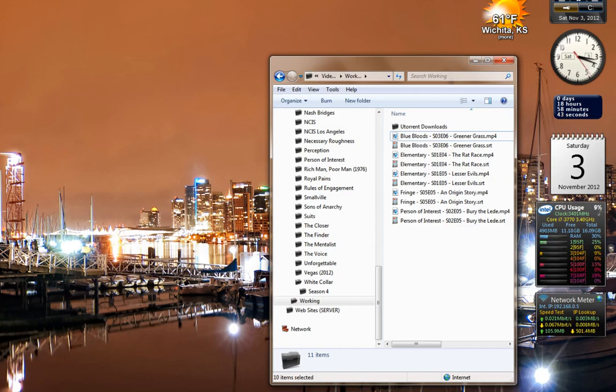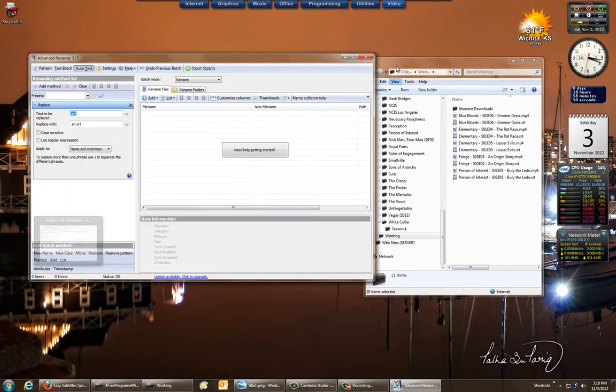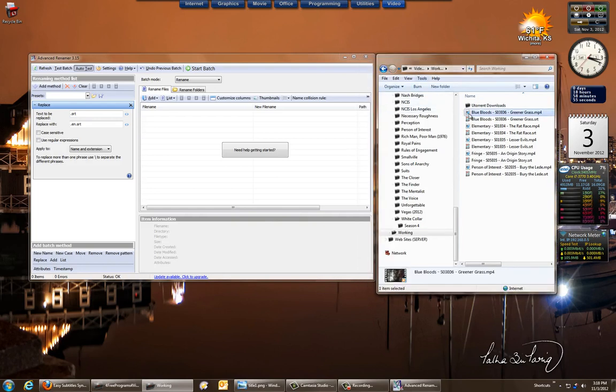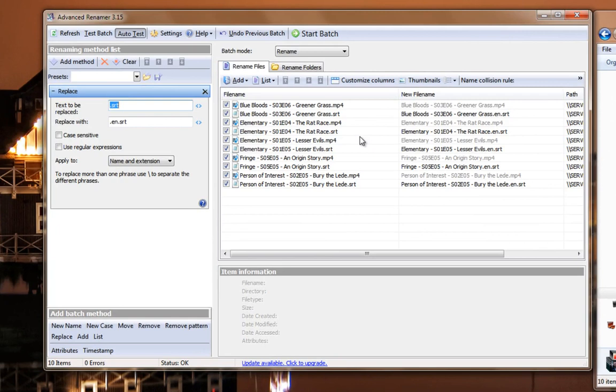So for our 4th program, this Advanced Renamer is useful to rename any type of files. It doesn't have to be video files. So we're going to grab all the files that we want to rename, and even though we're not naming the video files themselves, it doesn't matter if we pull them over here, because it's going to do a match, and it'll just process the ones, like it's going to ignore the MP4 because we're telling it to replace .srt